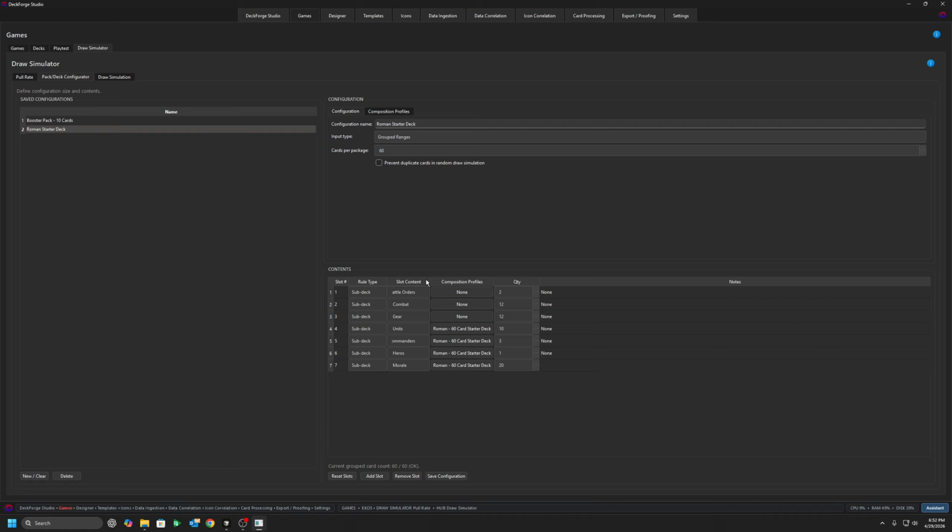All right, so I want 2 battle orders. I want 12 combat cards. I want 12 gear cards. I want 10 units that are conforming to this Roman starter deck composition configuration. I want commanders that are also abiding by that. They only get 3. Then heroes, they get 1 hero at random, as long as it says Roman, also based